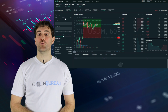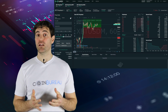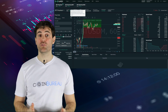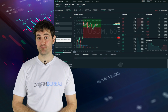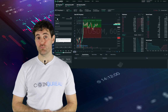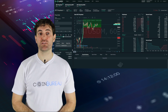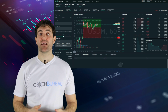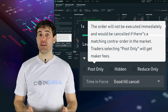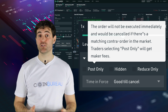Then right here you have the order forms with all of the advanced order parameters. There is quite a lot of functionality here. You can choose limit or market orders, stop orders, and adjust the time in force. I've explained what each of these mean and how they can be used in our long form review. Oh, and here's a pro tip. If you want to secure yourself that market maker status and get that order rebate, then you can place a post-only order. Basically, these orders are cancelled if there is a contra order and hence eliminates the possibility of you